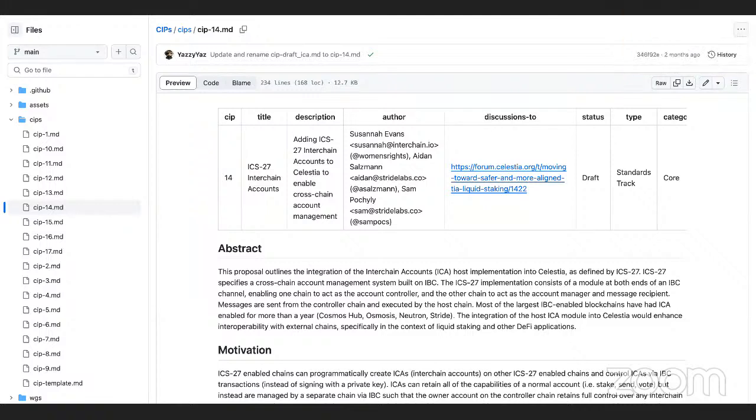Oh yeah, okay. My thinking based on the last messages from Stride on that forum post was that this SIP only concerns itself with the host portion. And so the SIP explicitly doesn't enable the controller portion.